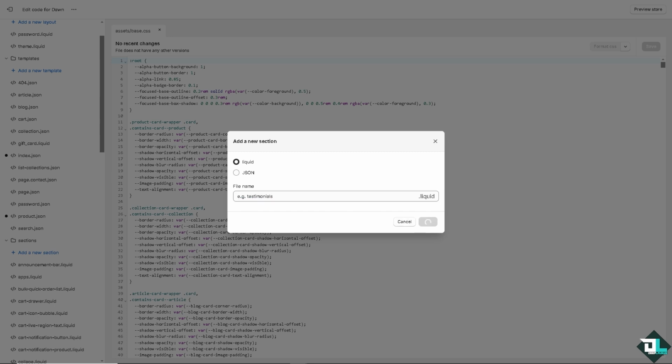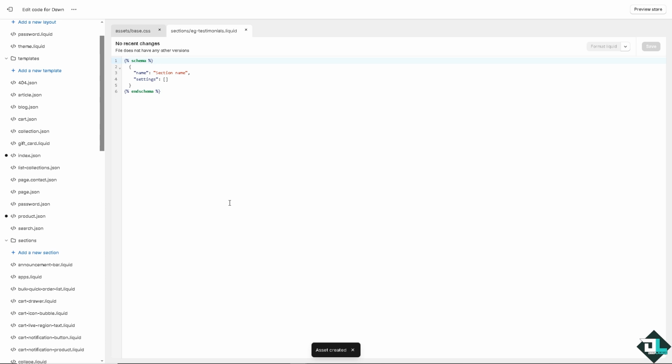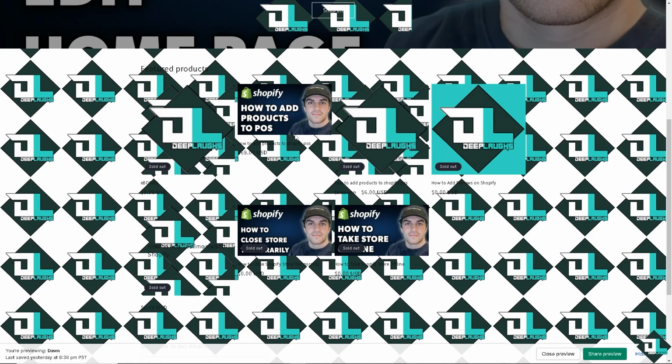Paste it in, click on done, and then what will happen is, wait for it. And then here you would be able to have this code. Now, once it's added, I want you to click the preview store to see if we have added the